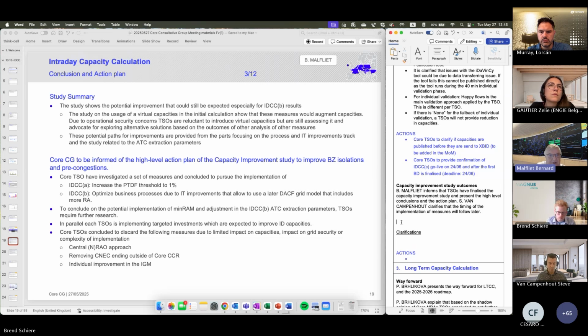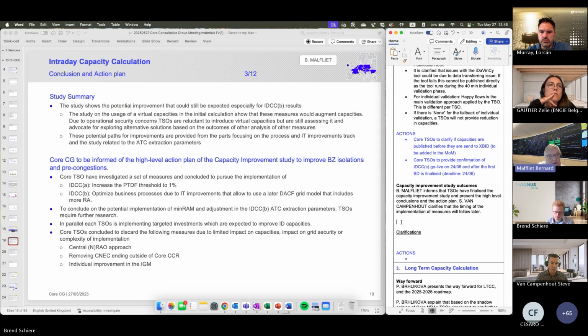And we have not yet seen if this would then jeopardize the 40-minute time limit that we have. But if it does, then you would destroy some other benefits that we are currently seeing from other paths of the study. So that means that for now, in a summary, we are reluctant, but we have some other paths. So that being said, what we have done for IDCCA is to say we can